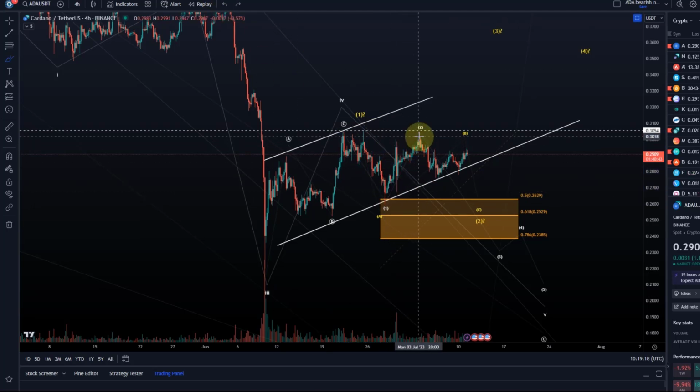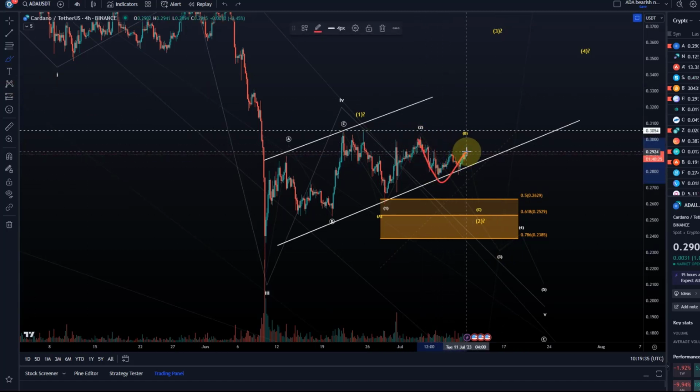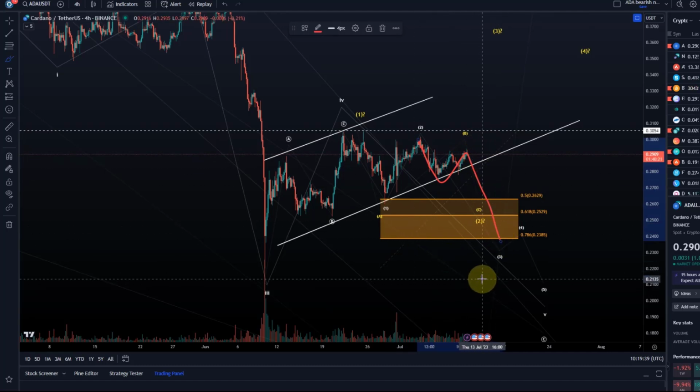Then obviously a corrective move up here in a 1-2, so also here ABC or WXY. And then the idea is now that we're in the third wave. Now, it's not typical third wave behavior, but it adds to the idea that it might be an ending diagonal. So again, here this could have been an A wave, a B wave, and with a C wave to the downside to come. With any diagonals or corrective structures, because this is really corrective movement,